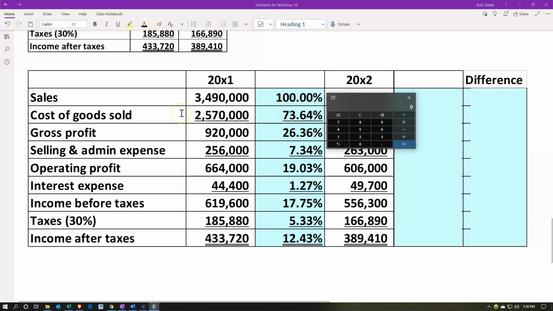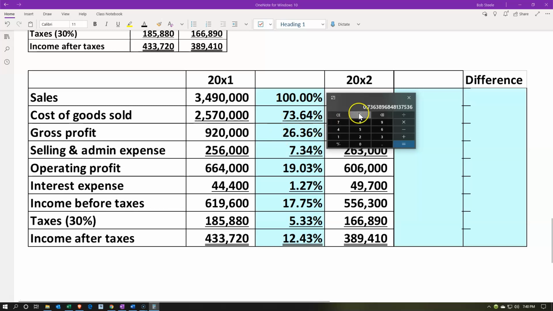Second line item, cost of goods sold, 2,570,000 divided by 3,490,000. That's going to be, if we move the decimal over, about 37.64 percent. Notice it's a very high percent, the cost of goods sold, the highest expense amount. That's what we would expect, because the highest expense for someone who sells inventory is usually the inventory, right? We had to buy the inventory, which was a substantial cost, and then mark it up in order to sell it. That's why this relationship is so important, and why we come up to the subtotal and create the subtotal